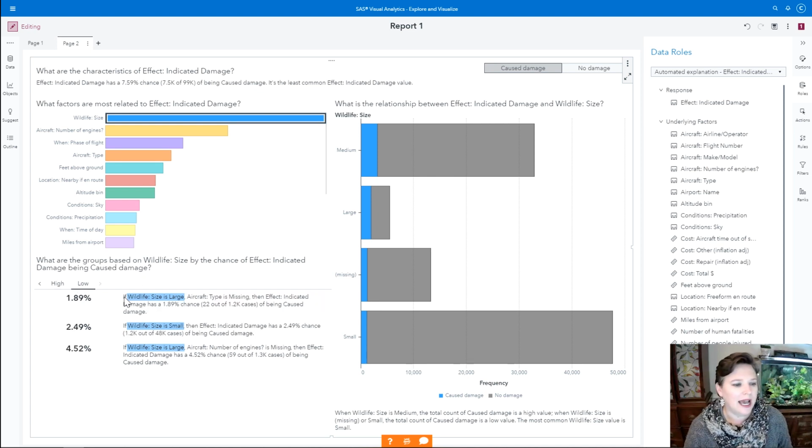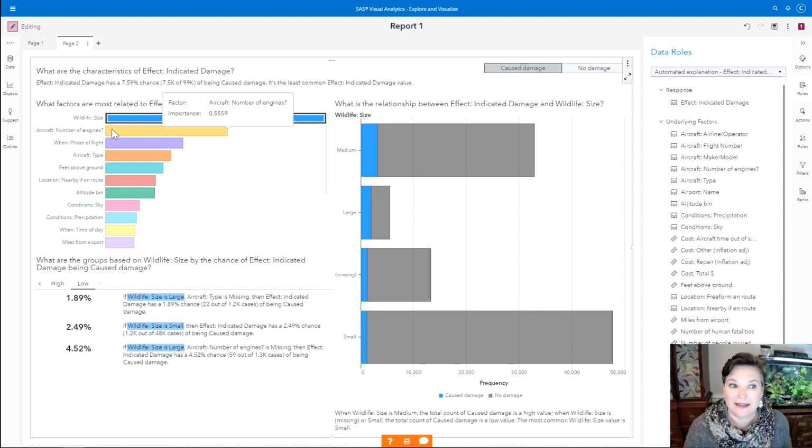If we look at the wildlife size, well, when wildlife size is large, but the aircraft type is missing, so that may be that the large wildlife smacked into something else that's not an aircraft, like maybe a luggage trolley or a window, then we don't have much chance of it causing damage. Also, if the wildlife size is small, then there's a very small chance of there being damage.